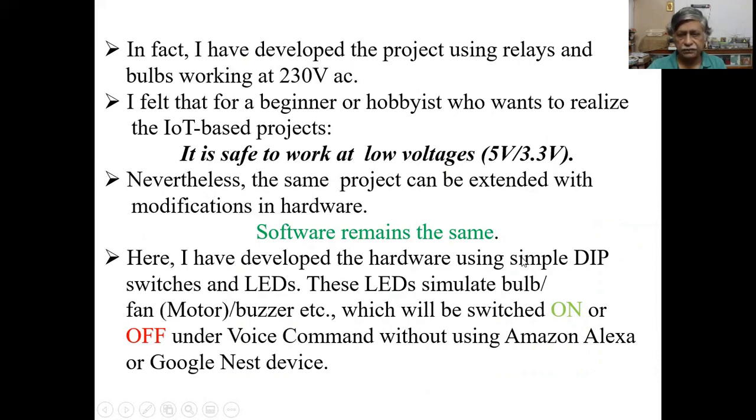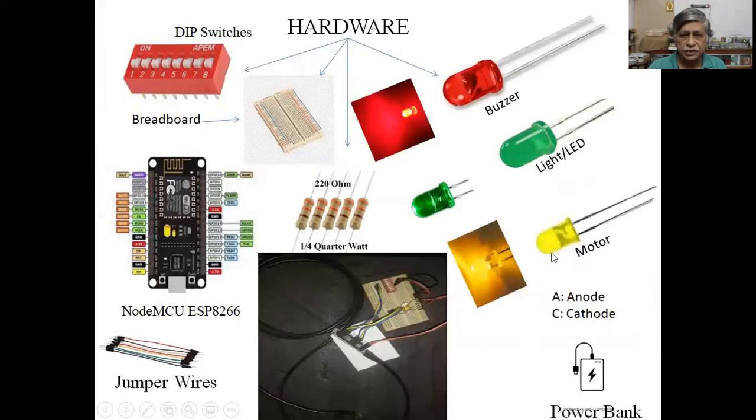Here I have developed the hardware using simple dip switches and LEDs. These LEDs simulate a bulb or a fan or a buzzer, which will be switched on or off under voice command without using an Amazon Alexa or Google Nest device. So this is the entire hardware, wherein you have dip switches, breadboard, microcontroller, some jumper wires, and the whole system will be powered by a power bank. And here I am using 3 LEDs, which simulate the working of a buzzer or a light